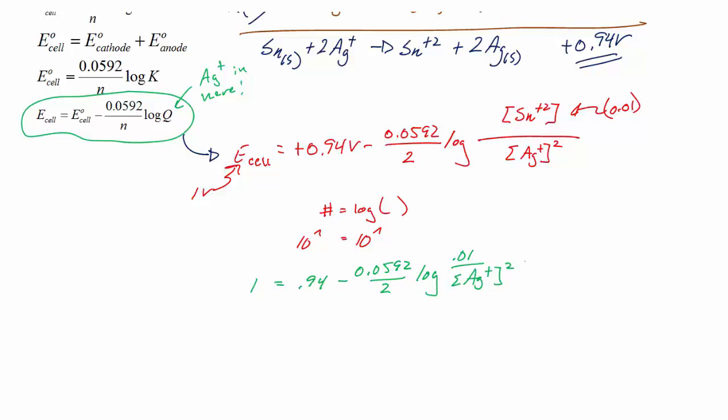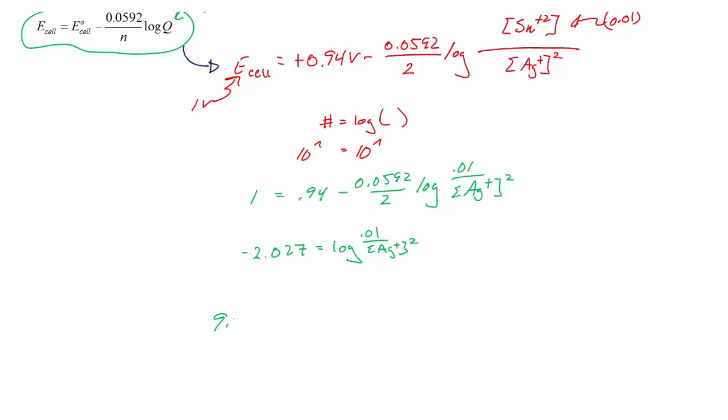Just to clean it up. So I'm going to take 1 minus 0.94, times a negative 2, divide by 0.0592, and I get about a negative 2.027, which is the log of 0.01 over silver ion squared. Now raise both sides to the 10 power, I get about 9.3966 times 10 to the negative 3. I'm just carrying a lot of digits, so I don't have to worry about rounding until the end. Equals 0.01 over silver ion